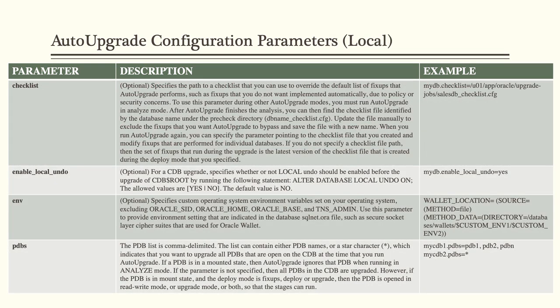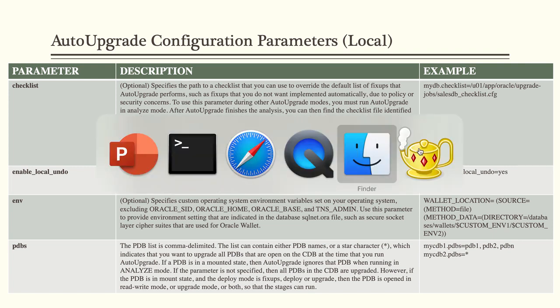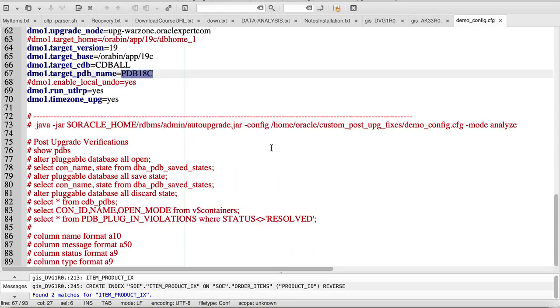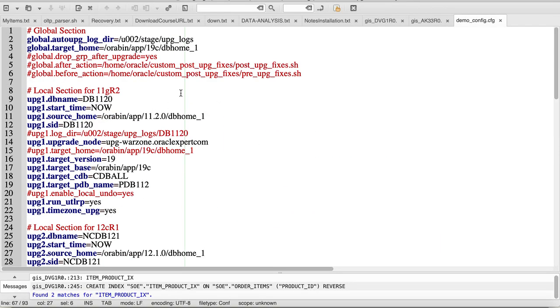So those were all the global parameters. Now we are at a slide which talks about the local parameters. Now, as I said, in your config file, let me see if I have a config file handy on my machine. So here's one of the config files that I'm going to use during our demonstration. So I said there's a global section. Well, it's a comment though, it's only for my reading. Anything that begins with a hash is a comment. So I commented, this is my global section and these are my local sections.